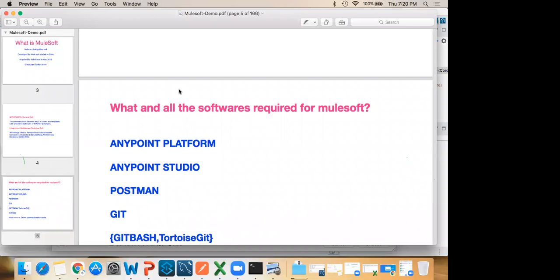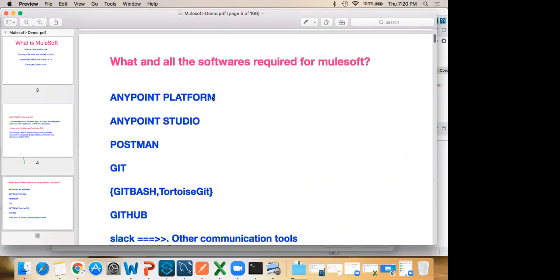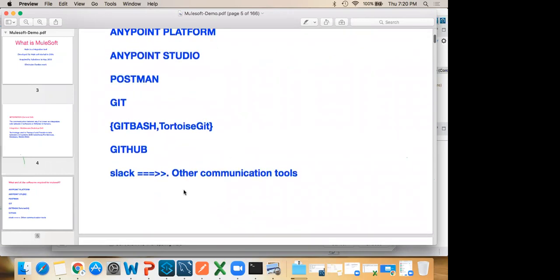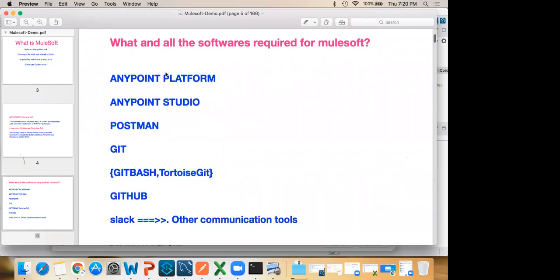Yes, sir. సో హియర్ ఆల్సో if you want to learn this MuleSoft, okay, we need some set of softwares. So by using these softwares only we can do integration. Okay, so these are the softwares which are required for this MuleSoft. Okay, all the softwares are not required, whatever I wrote here. నేను ఇక్కడ రాసిన సాఫ్ట్వేర్స్ అన్ని MuleSoftకి అవసరం లేదు, ఫస్ట్ 3 మాత్రం అవసరం. ఓకేనా, రిమైనింగ్ ఎందుకు రాశారు అని అడిగితే నేను చెప్తాను.